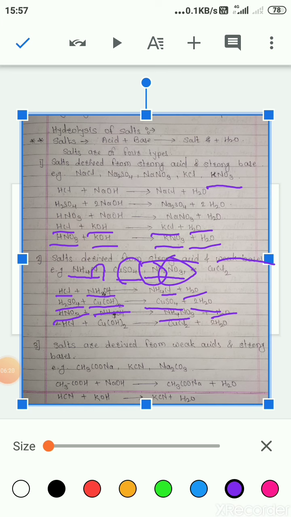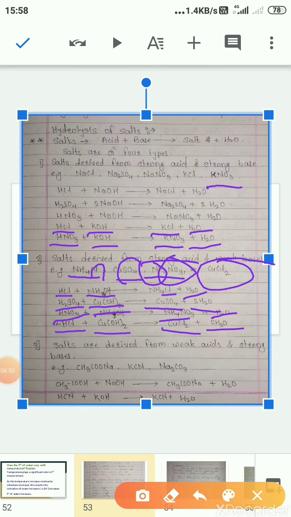See the next one, it is CuCl2. In the same way as we used cupric hydroxide for the above reaction, we can use cupric hydroxide as a weak base and hydrochloric acid as a strong acid. Therefore, 2 moles of hydrochloric acid plus 1 mole of cupric hydroxide gives CuCl2 plus water molecule.